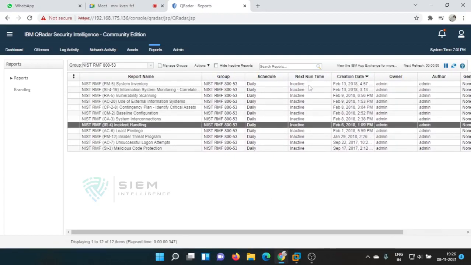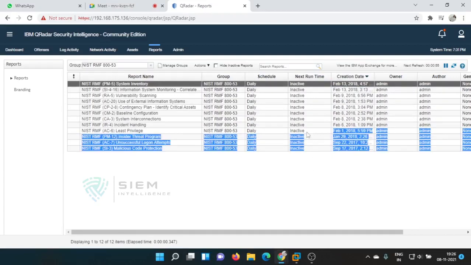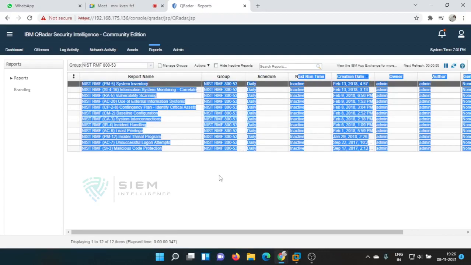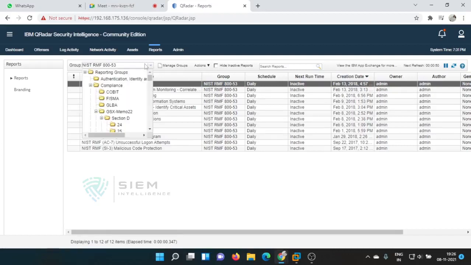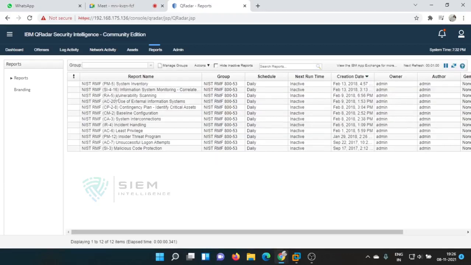Why? Because these are in inactive state. Whatever data is inactive, that means if you are importing any reports, generally they used to be in inactive state. If you go inside, there are a total of 12.